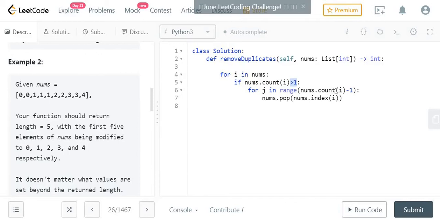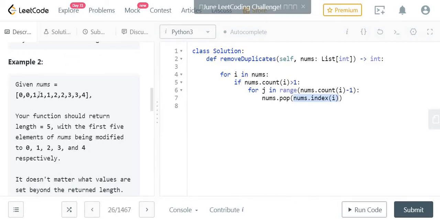nums.count(i) is equal to 2. So for j in range of 2 minus 1, which is 1, nums.pop(nums.index(i)). So it will pop 0 only once.